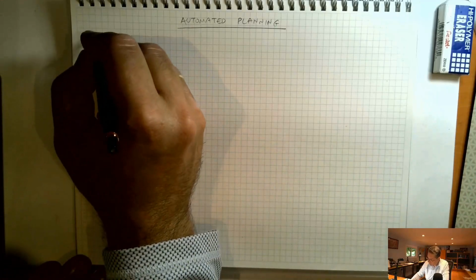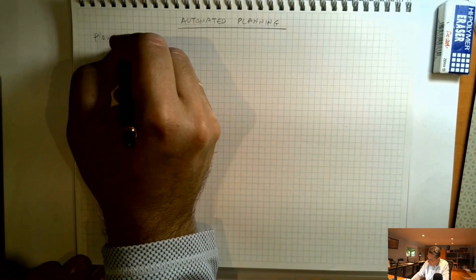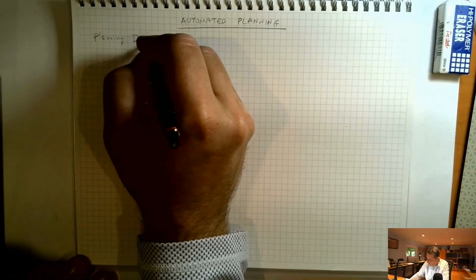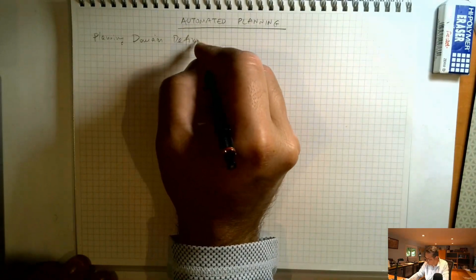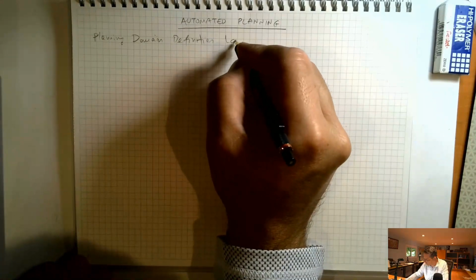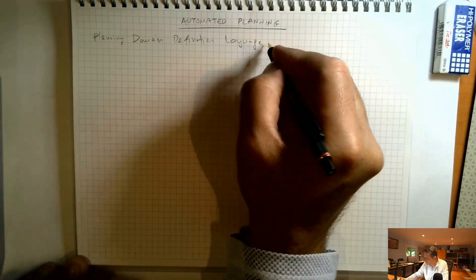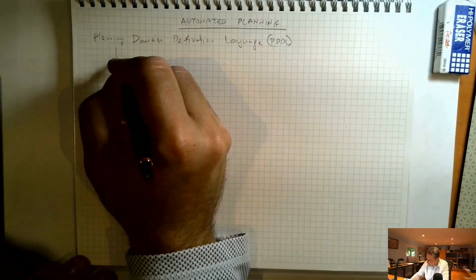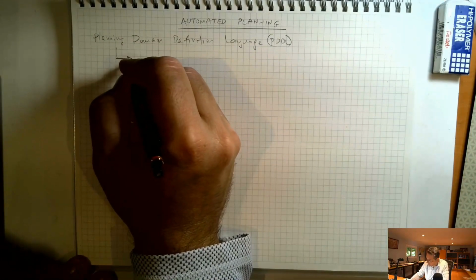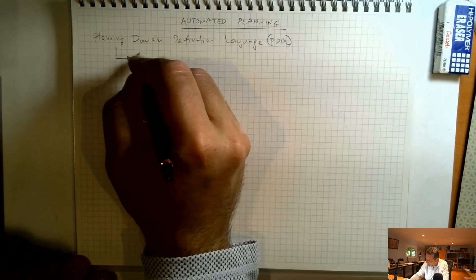According to the planning domain definition language, or PDDL, we need actually to specify two files. The first one was the domain model,